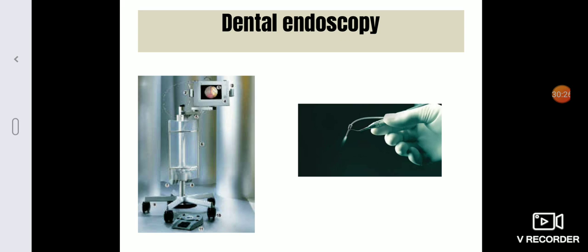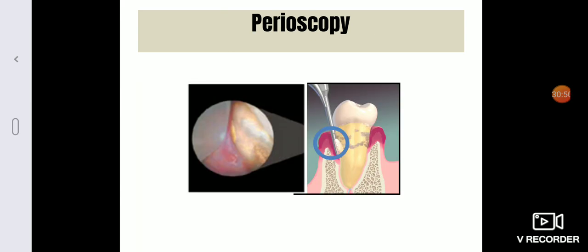Now the fiber optic endoscope attaches to a medical grade charged coupled device, a video camera and a light source, which provides an image on a flat panel video monitor for viewing during the subgingival exploration and instrumentation. Its magnification ranges from 24x to 46x and enables visualization of even the minute deposits of plaque and calculus. As you can see in the picture, a small area can be magnified and displayed on the screen, and we can even visualize small areas of deposits which we cannot otherwise visualize manually.